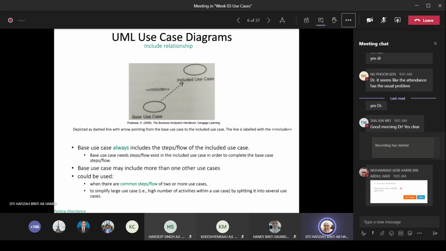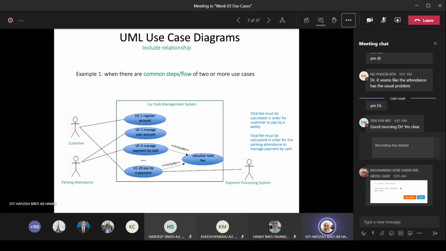Basically, the base use case always includes the steps or flow of the included use case. All the important flow of events you will put under the base use case. However, there are some situations where you realize that your flow of events is too long. In that situation, it is highly recommended to have another use case so that some of the flows will be inside the included use case. So for example,